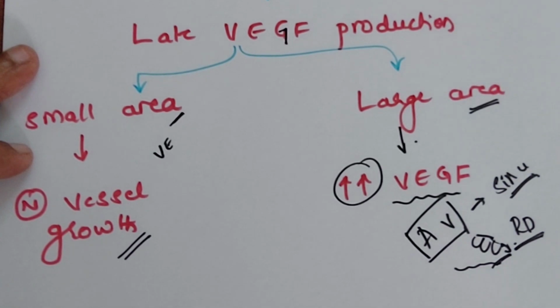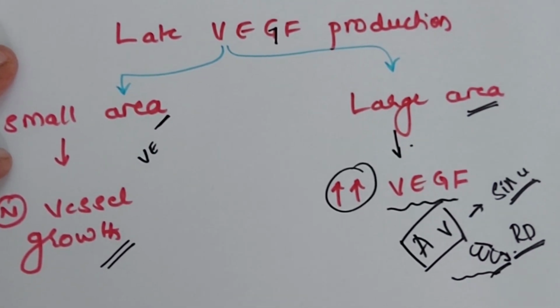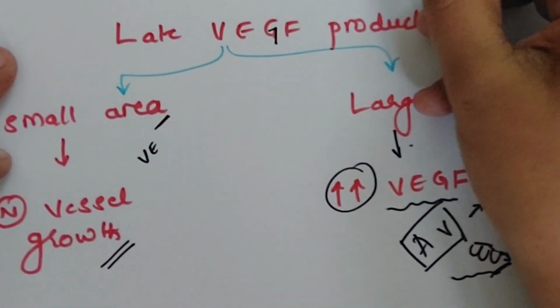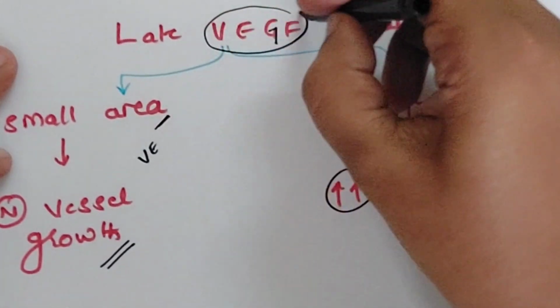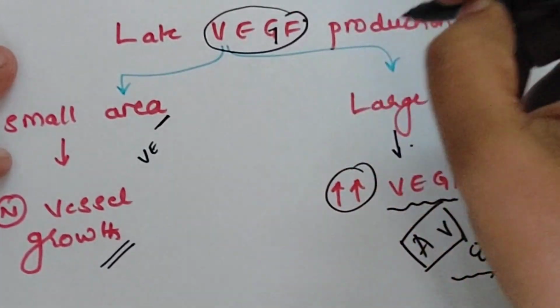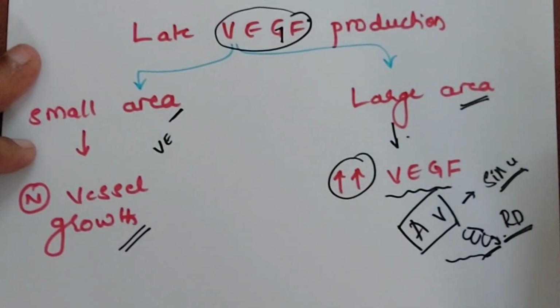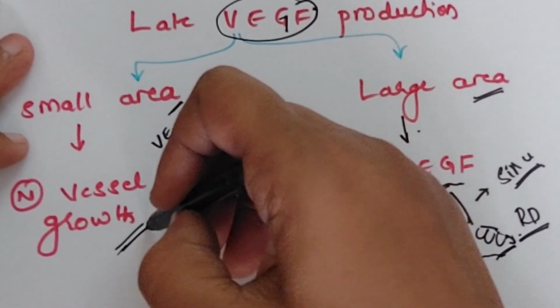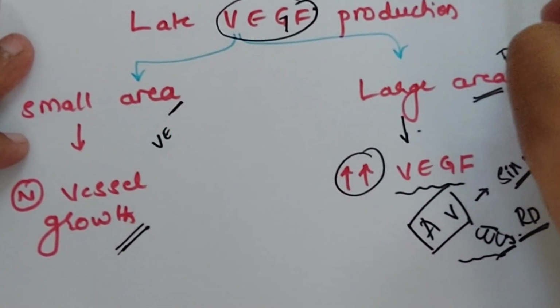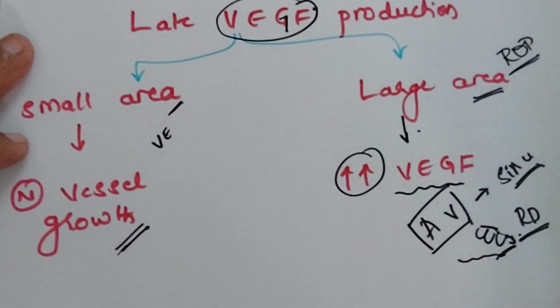That is, premature infants exposed to oxygen leads to decreased VEGF for the time being, as well as vasoconstriction and vasoobliteration, which will lead to inadequate blood supply to the peripheral retina. That will stimulate increased production of VEGF in the later stage, and depending upon how much area is affected, either it can go into the normal stage of the retina or it can end up in retinopathy of prematurity. So I hope this video is helpful to all of you.